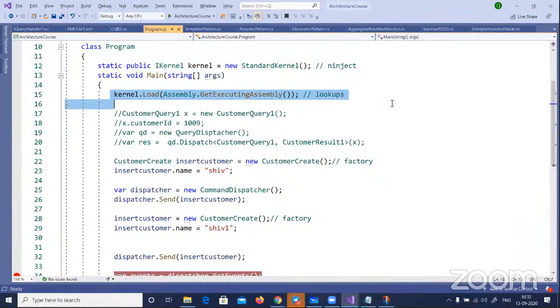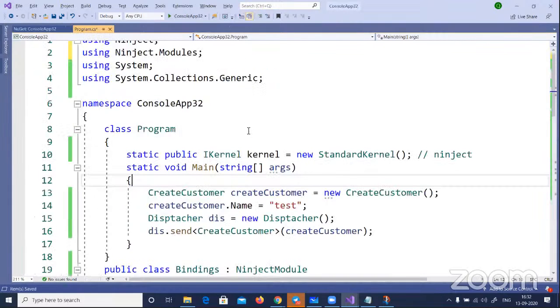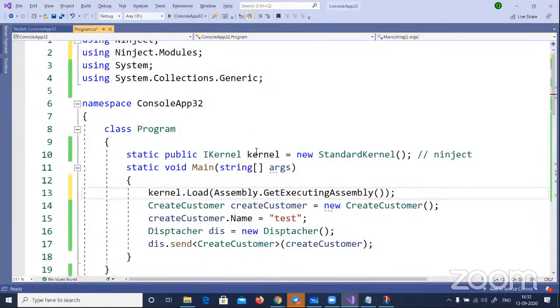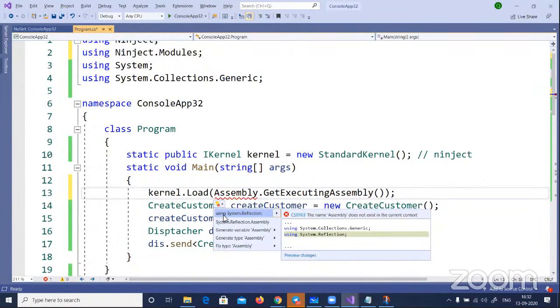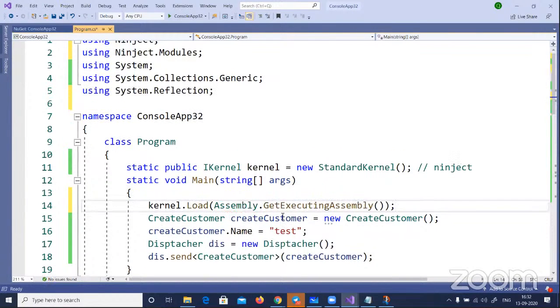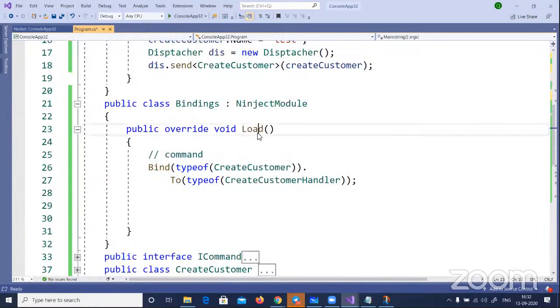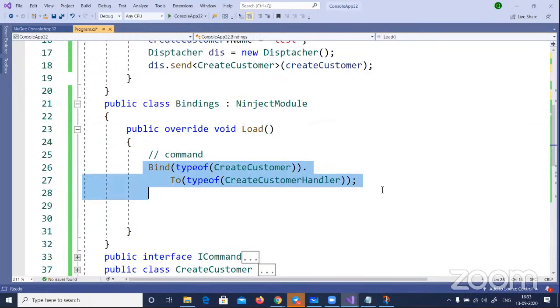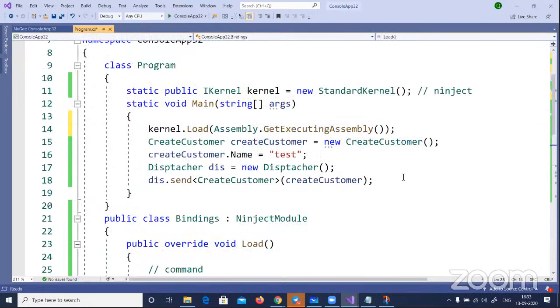So this kernel, I'm sorry. You can see here, it loads the current executing assembly. So this Assembly.GetExecutingAssembly is nothing but it belongs to reflection. What it does is it goes here and hunts for this Load method in the Ninject module, and just goes and does the mapping, right? So now this kernel,